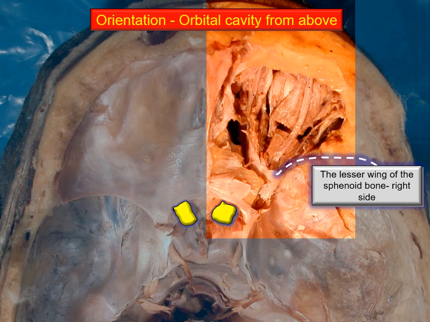Now marked in yellow is the cut section of the optic nerve. Now shown in brown there is the orbital area. Roof of the orbit has been removed and that flashing region there shown in brown is the orbital cavity, right orbit viewed from above. Now this photograph was merely to give you an orientation. We will zoom in on the orbital cavity for further discussion.